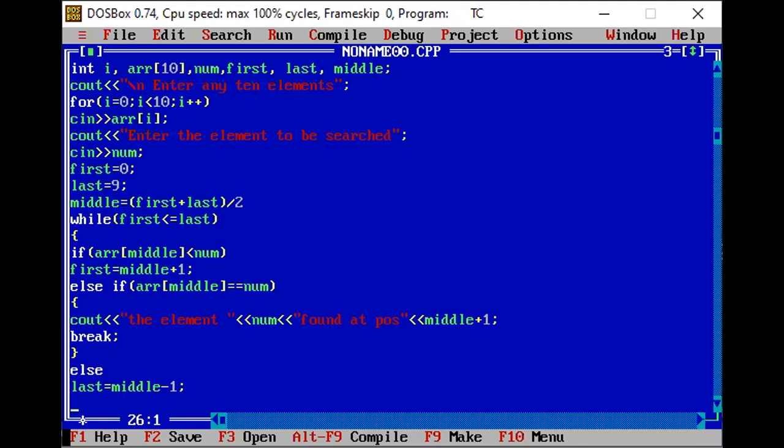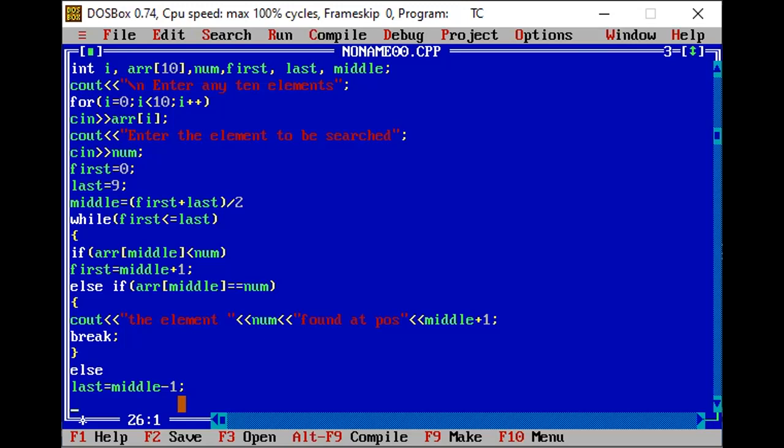That means my middle will be greater than the number, that is the num variable I have given. So the else case will work if my middle element is greater than the number. So here I need to change the last element, so last will become middle minus 1. Okay, so I am now moving to the other part of my array, which has the greater numbers.